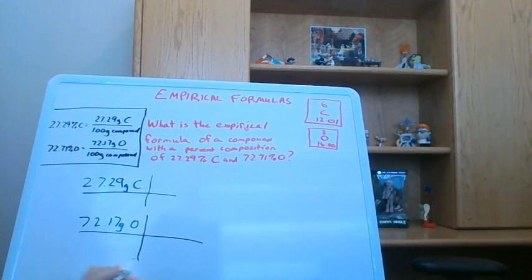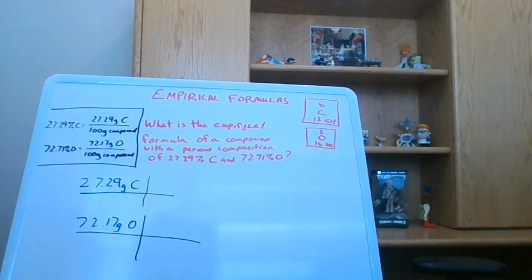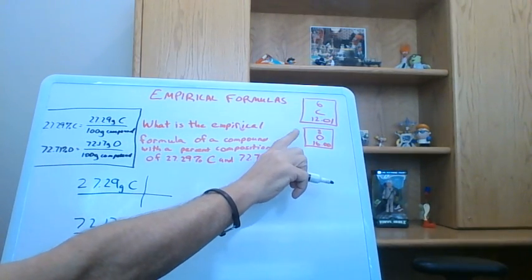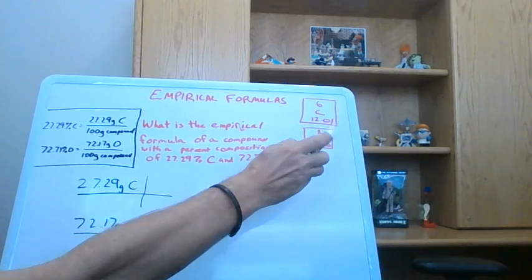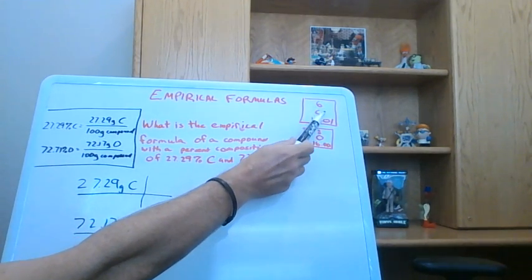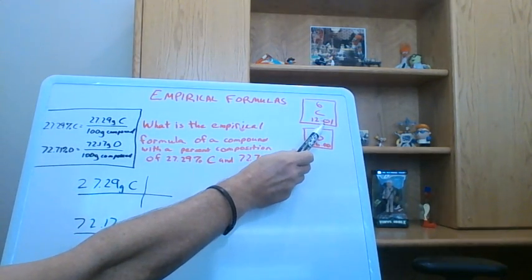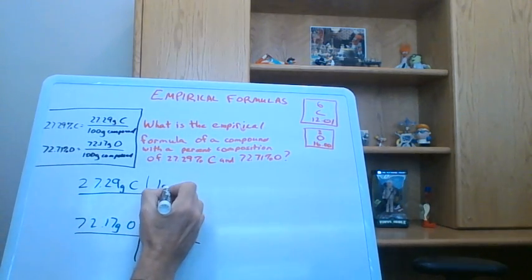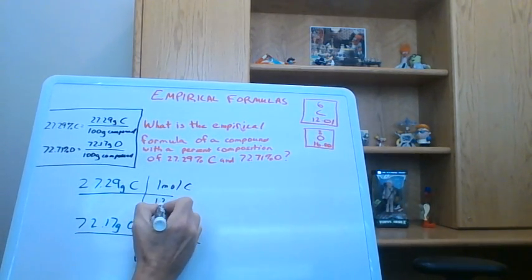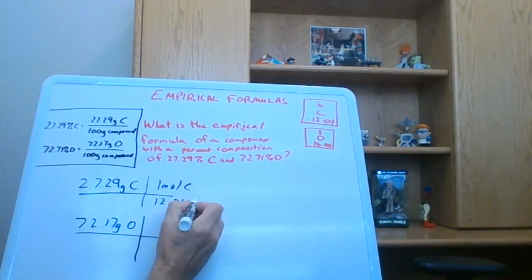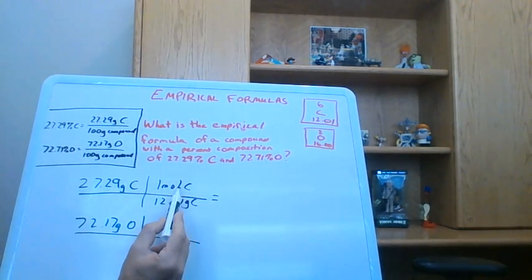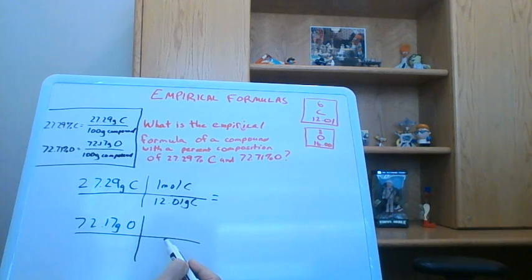So if we remember our mole map, if we have grams of something, we can go to moles of whatever element that is. And we do that using our periodic table. So if we look at our periodic table for carbon, element number 6, we know that 1 mole of carbon weighs 12.01 grams. So we can say that 1 mole of carbon is the same as 12.01 grams of carbon. Right, and now our grams of carbon are going to cancel, and it's going to leave us with moles of